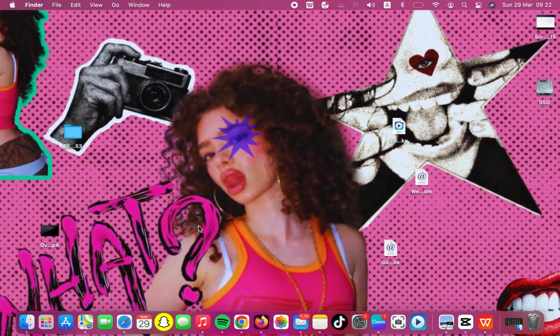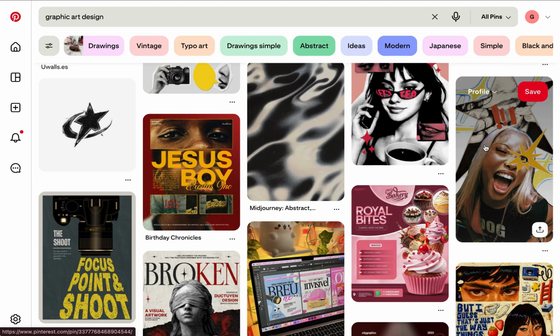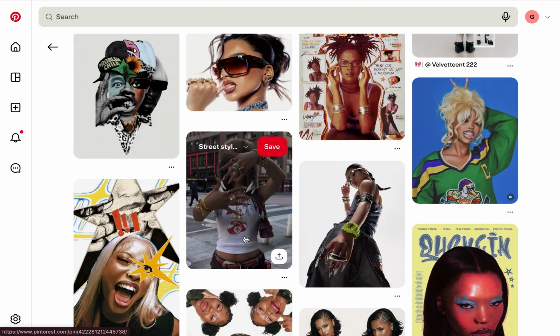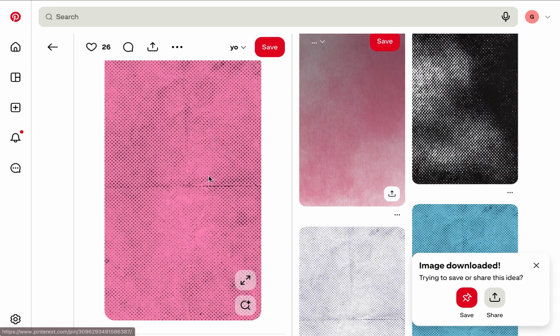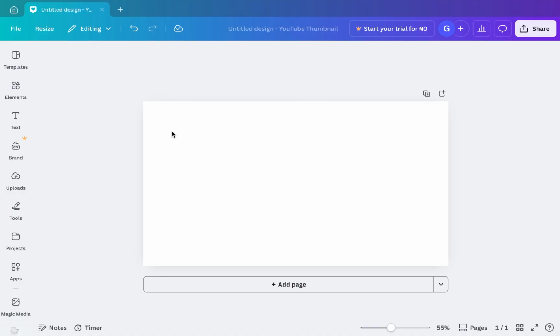So today I'm going to be showing you guys how I edited this Demitra wallpaper. So first thing is how you get the pink background and everything. You head over to Pinterest to search for graphic art design, and then you see a lot of designs that you like. So now our first thing I want to do is see how we got the plain pink